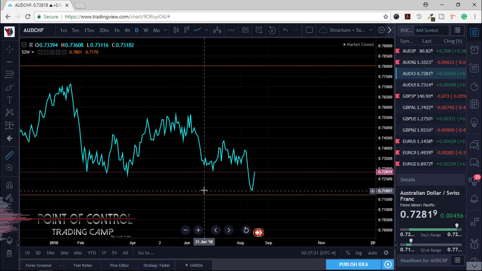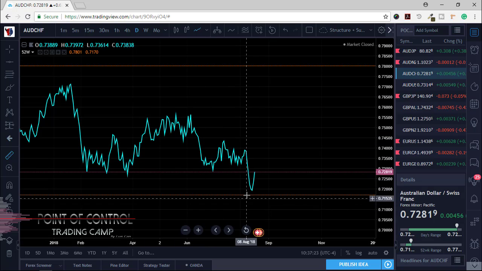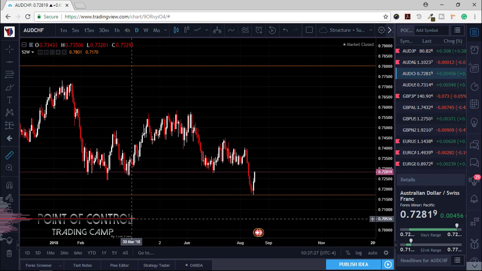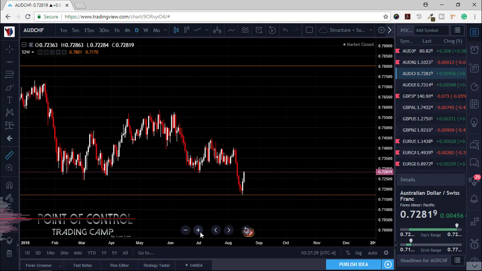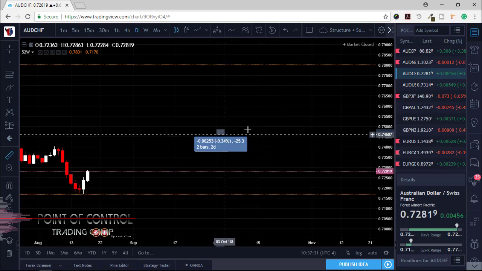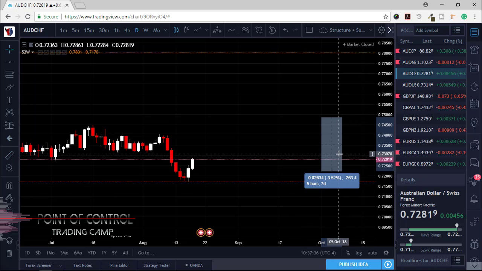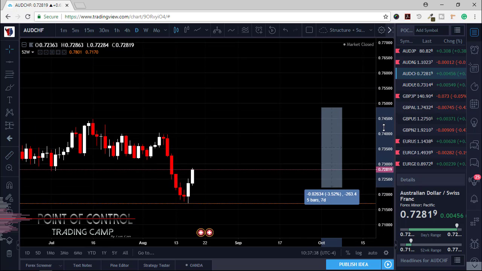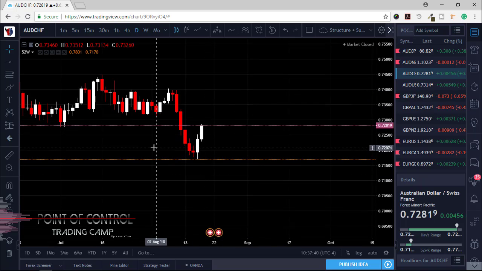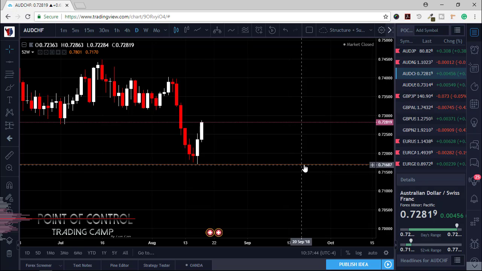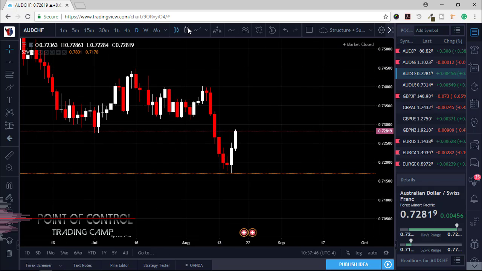Okay, this is right here. Look at this. This is the main area. Look at the wick. Check it out. I laugh, guys, because I'm giving you pure gold. POC Trading Camp. We're not here to BS people. We're here to help. I really want to help as many people as I can to be successful. Who traced this line? I didn't. I just put the indicator, 52-week low, 52-week high.